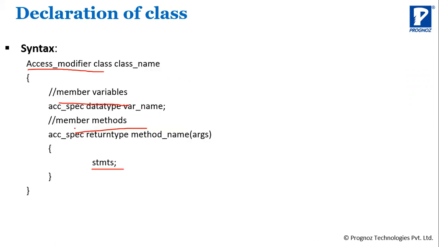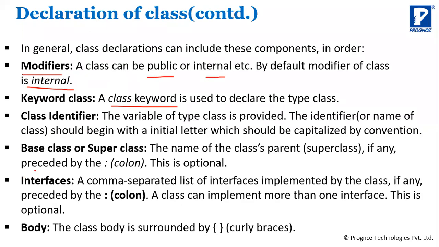Whenever we are creating a class, we need to write the name of the class. Then we can also have the base class or super class, the name of the parent class, if any is there. How to call it? By using the colon we can call the parent class property. If you have the interfaces concept also, which we have to learn later, we also call it by using the colon. Then the parent-child relationship is there. Then it has a body, surrounded with curly braces, an opening curly bracket and a closing curly bracket, which we write here.